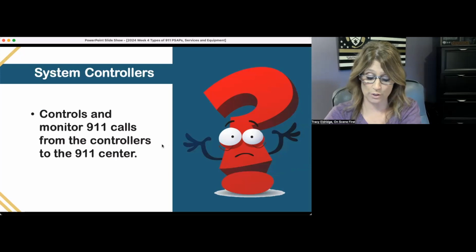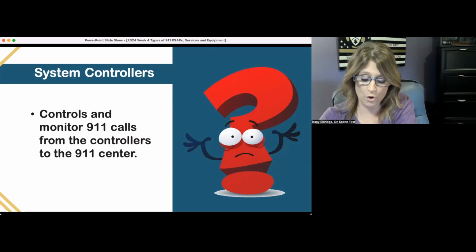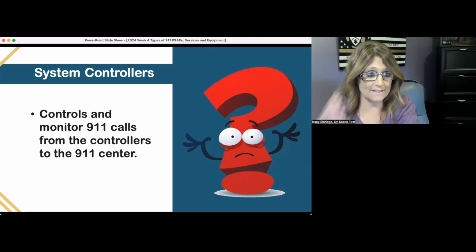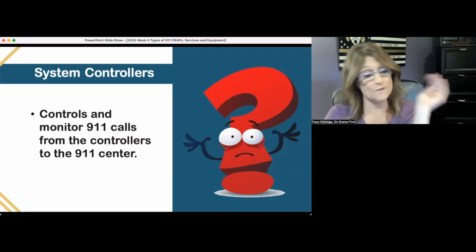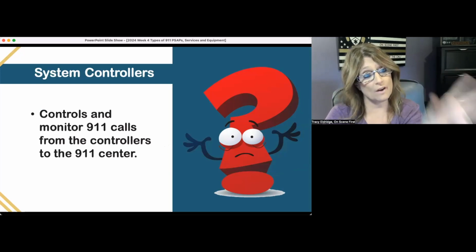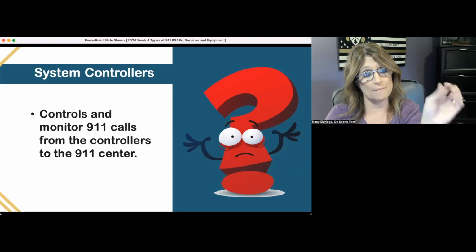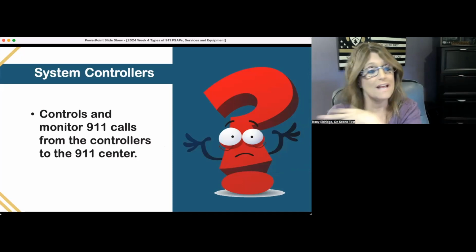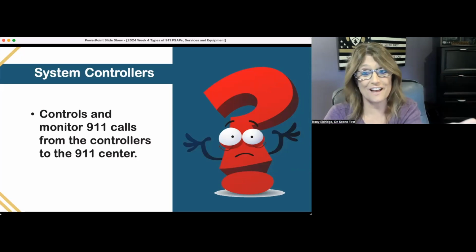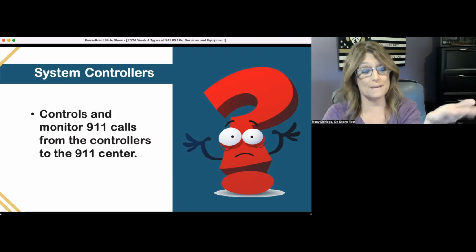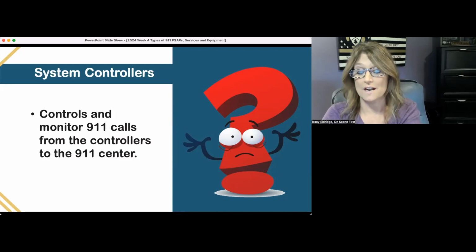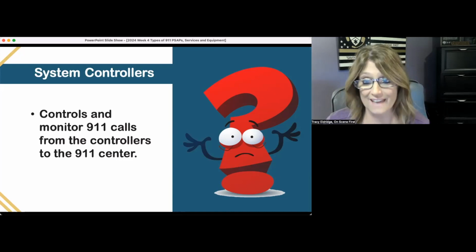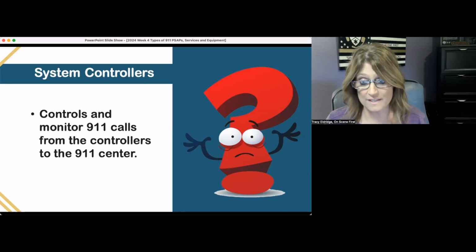System controllers. This is one of those NFI items. NFI stands for no freaking idea. I have no freaking idea what they are looking for with this. It is on the body of knowledge as just system controllers. And the only definition that I could find was controls and monitor 911 calls from the controller to the 911 center. So if there is more to that, if anyone knows what they're looking for, by all means,